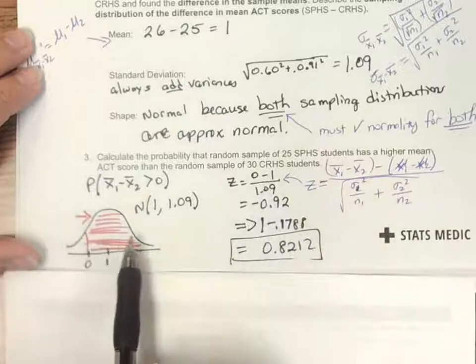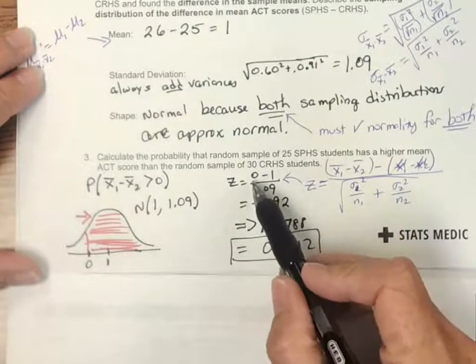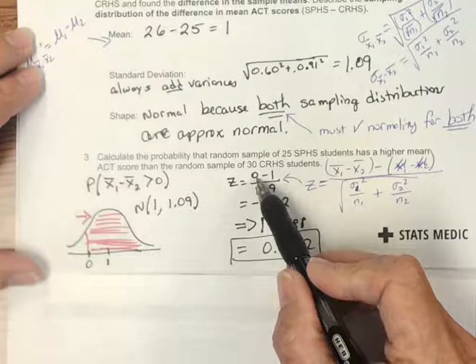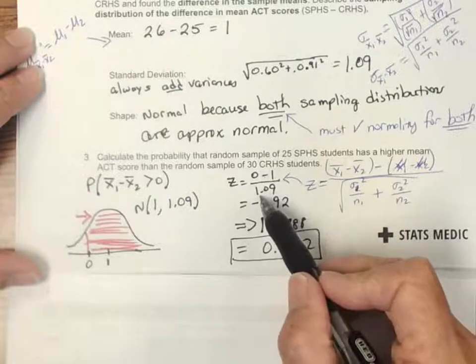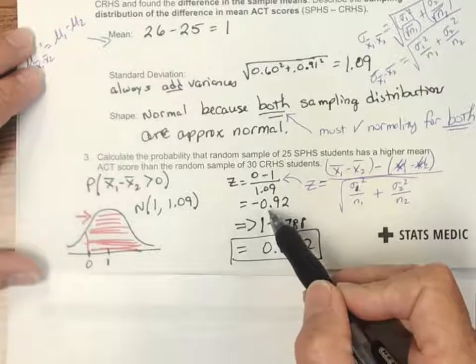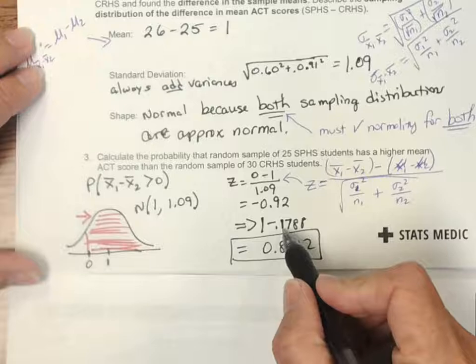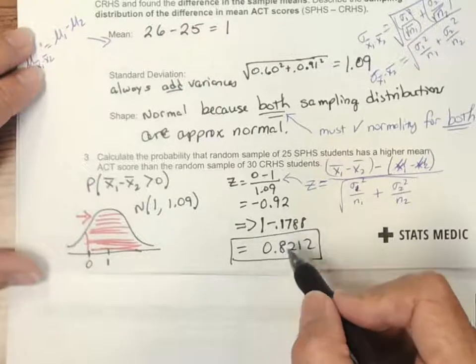And because I'm shading to the right, remember we're going to have to subtract that probability from 1. So to find my z-score, the observed value I'm looking for is 0 minus 1, which is the mean difference, and divide by standard deviation, I get negative 0.92. Negative 0.92 gives me a probability of 1.788. Subtract that from 1, and we get